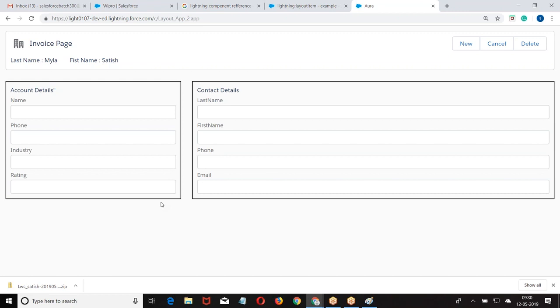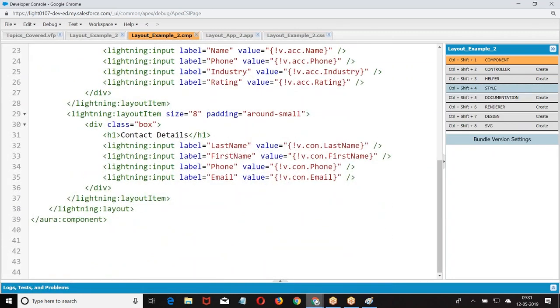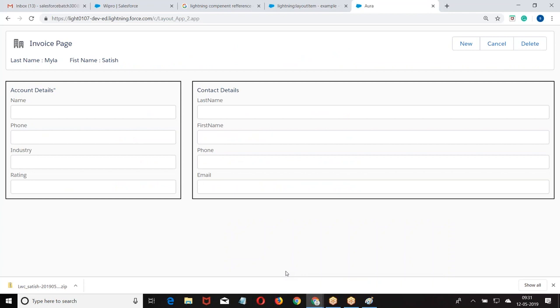Now the point is that I was trying to convey the same message in the last lesson also. If you enter the account data and submit, the data should be displayed in the other component. Whatever data I enter here, the same data should be displayed there. Until I complete this, it should not be displayed. When I enter the data and click on the submit button, then only the second block should be displayed. Otherwise, don't display the second block. Are you getting my point? Yesterday we entered the account data and clicked on the button at the bottom. Now I want to control this. How can you control this? Have you followed this example, everyone?